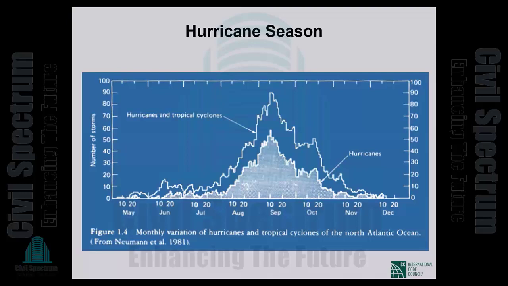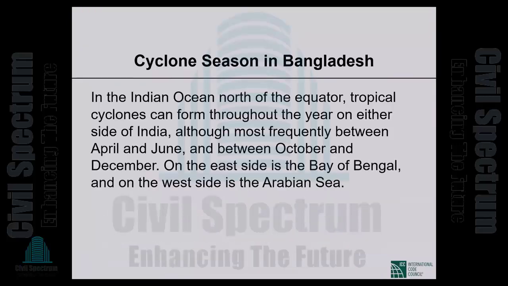There is also a hurricane season on this side of the Atlantic, the west side of the Atlantic, going to the Pacific. The hurricane season, as you see, is basically from August until October, November. It is not that hurricanes don't happen outside of that, but that's very rare. The cyclone season in Bangladesh, which is obviously way on the other side, the Indian Ocean and beyond,